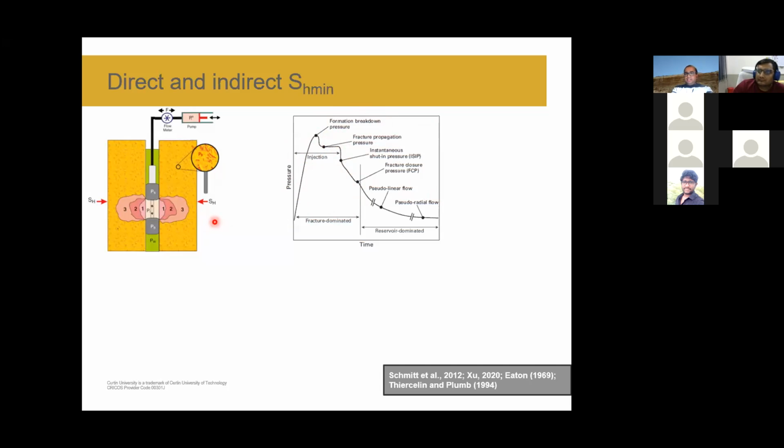But the challenge, again, is that this is only a single point measurement. As I mentioned, the vertical stress can be measured from the overburden weight, which comes from the density log, so you can get a continuous profile of vertical stress. In this case, if your depth interval is 3 kilometers and you have only one point, you basically create a gradient from the surface to the depth point of interest. But there is already an equation available, known as Eaton's equation, which is applicable in the industry. It has been used for maybe more than 3 years.